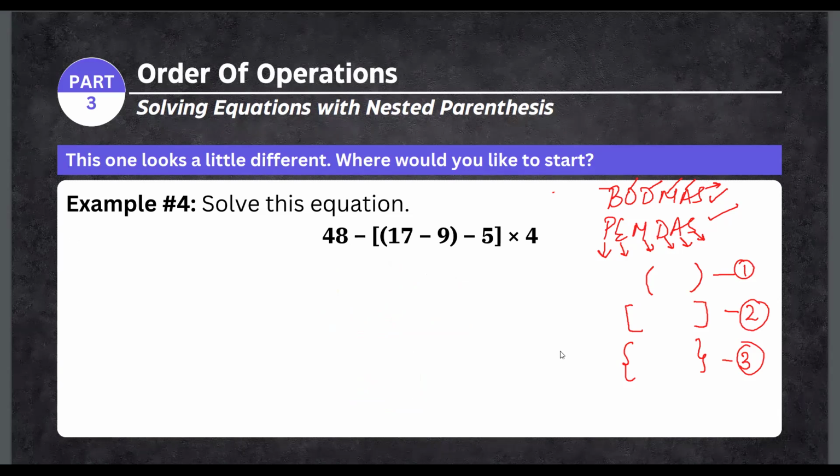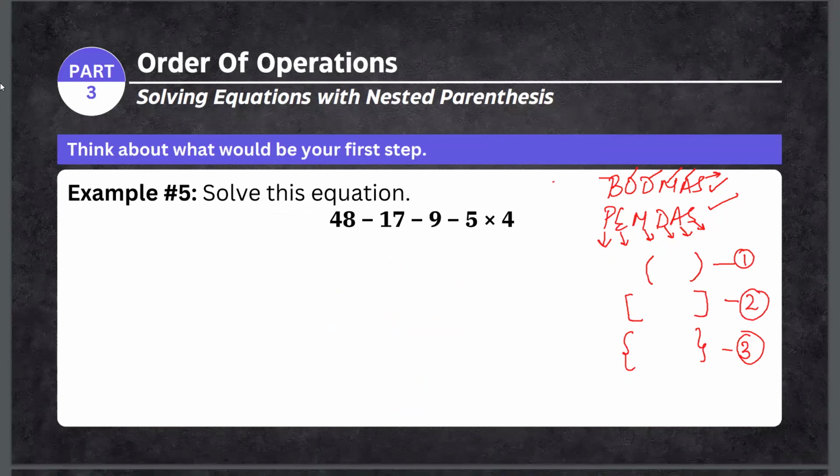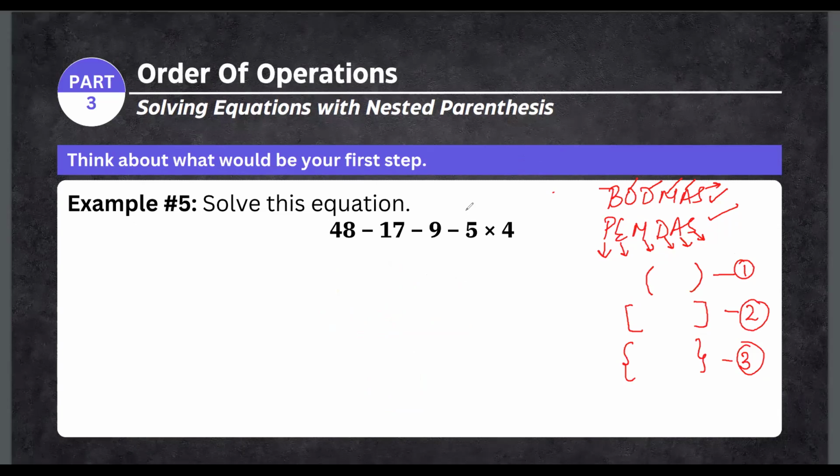Okay, now next we have the fifth question. Look, again the numbers are same, but there is no parenthesis at all. What we need to do is check with PEMDAS. So I will multiply first because here we have multiplication. 5 times 4 is 20, minus 9, minus 17, minus 48. Next we have